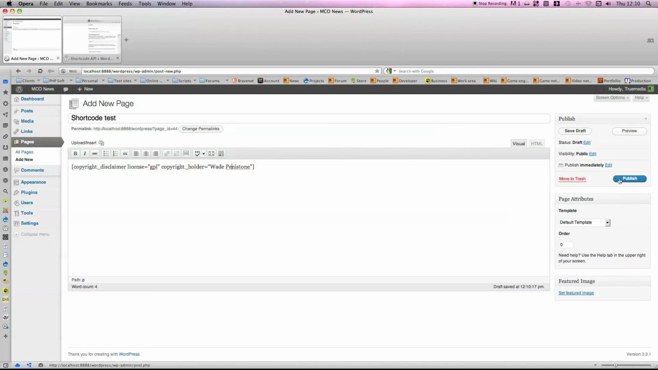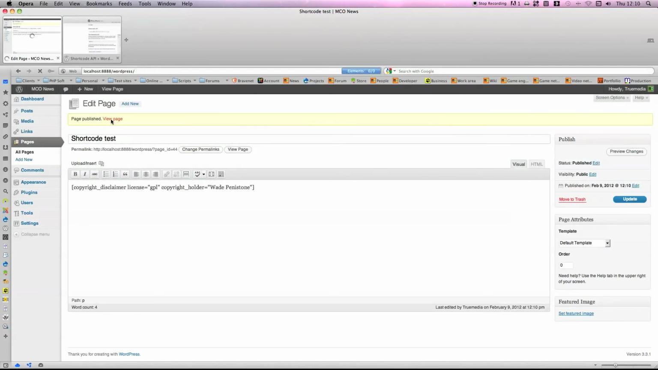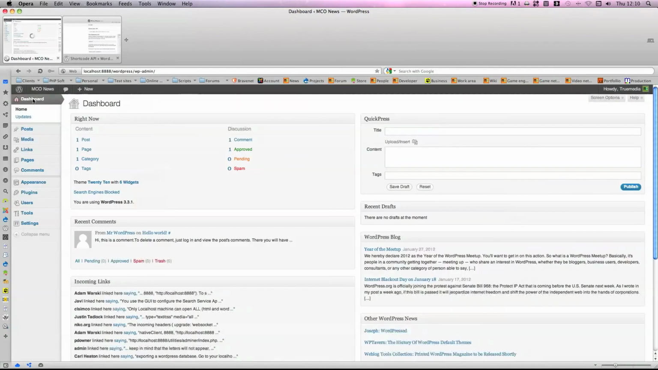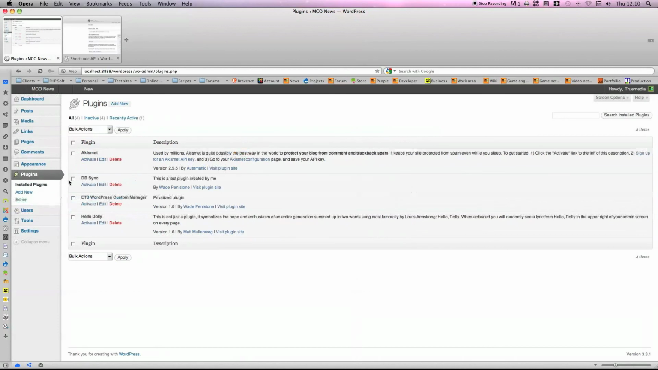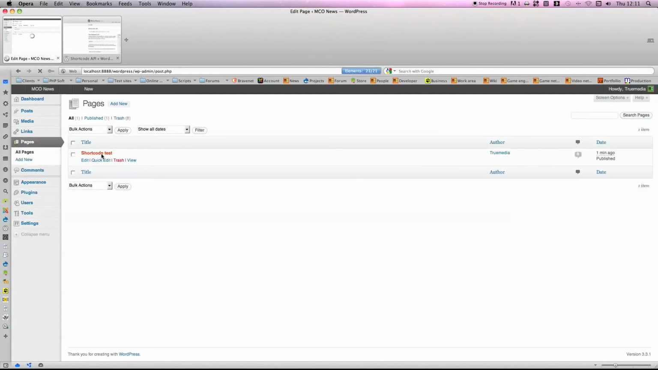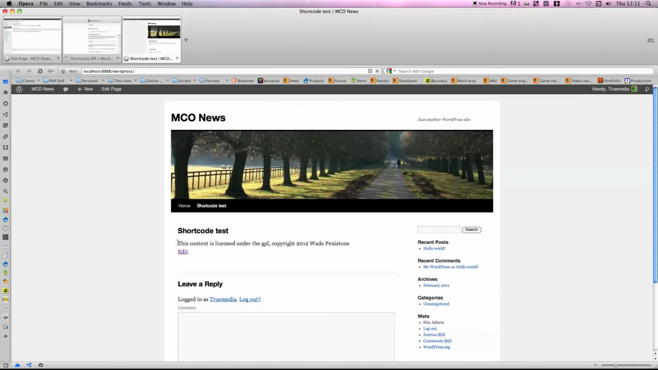And if I just publish this, and just as long as the plugin's enabled, you should see the switch out. So I'm guessing at the moment I don't actually have the plugin activated, so I'm just going to plugins, activate. So if we go back to this page, which is called shortcode test, and just go to view page, you can now see it's swapped out